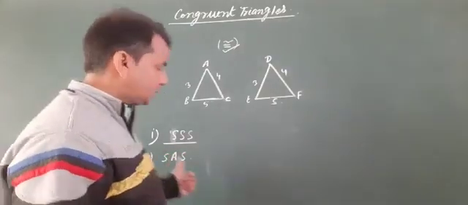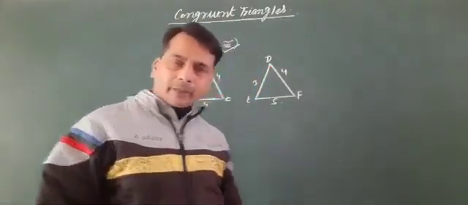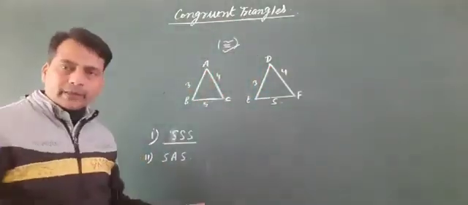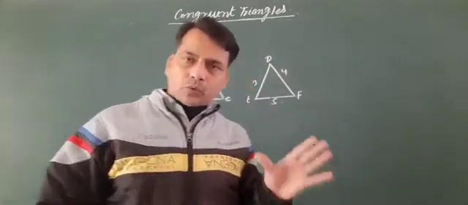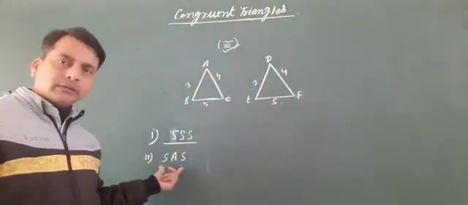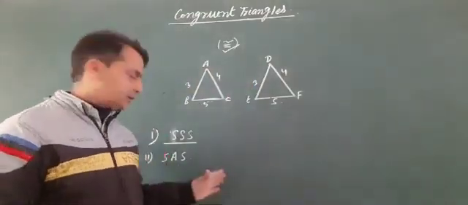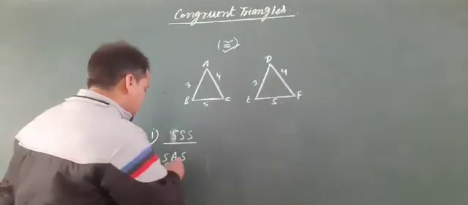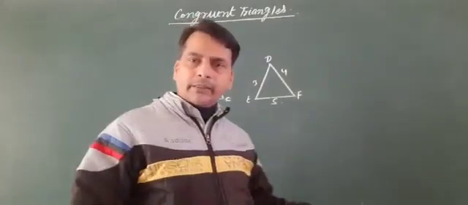So here the second congruency rule, side angle side, means if in two triangles there are two sides that are the same, and the angle between the two sides is also the same, they are congruent to